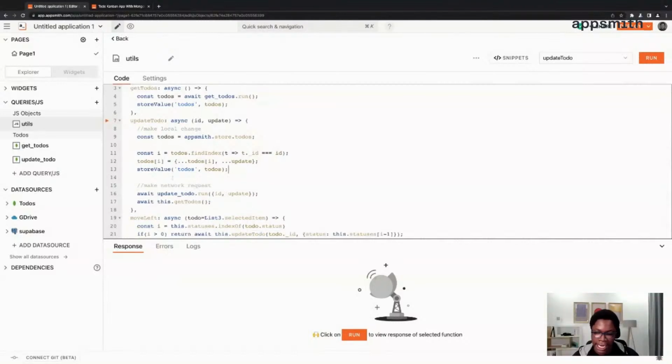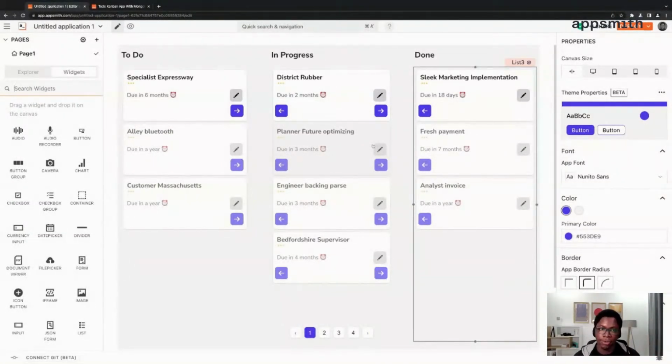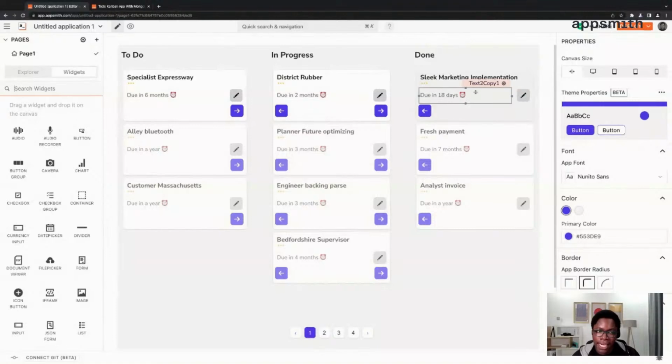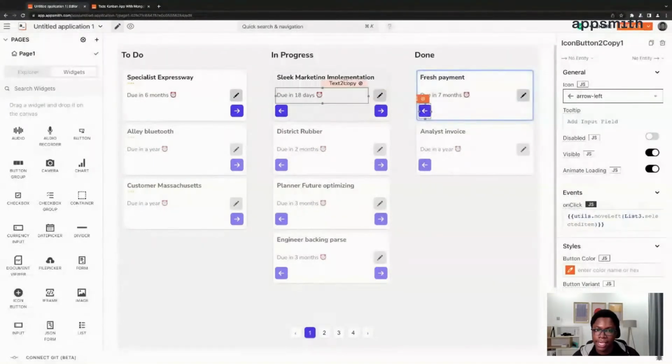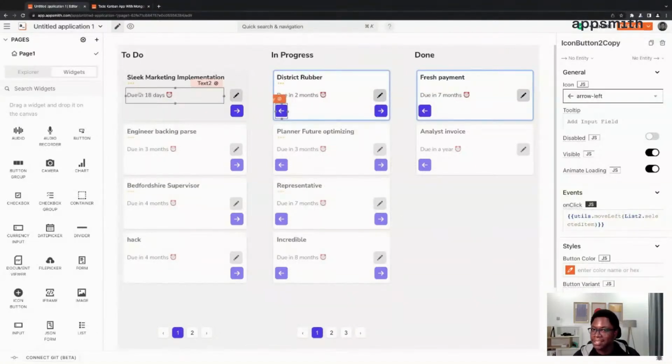So this looks nice, and we can give this a try. So I'm going to head back to the UI, and let's try to make a change and see if this happens much faster than actually making a network request. So here, this card is doing 18 days. I'm just going to try to move it. And you can see that the card has been moved. And that was really fast because we did not notice any application loading state. So we can also move this one more time, for example, and you can see that this has been moved